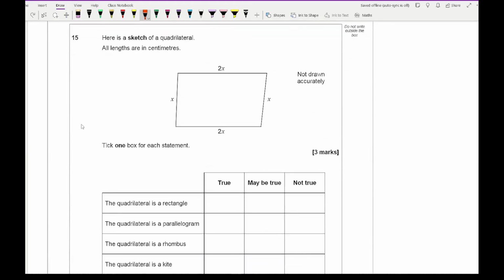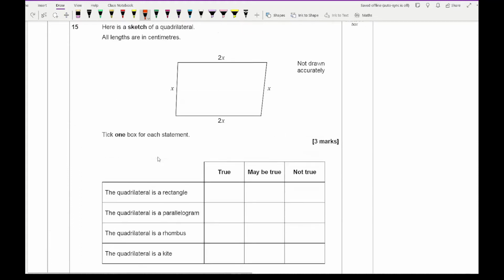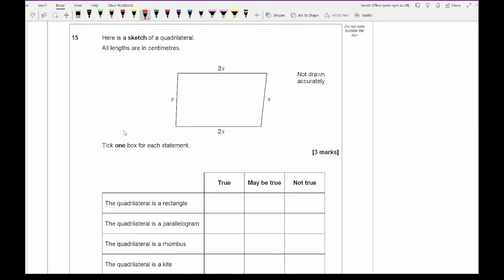For question 15, it says, here is a sketch of a quadrilateral. All lengths are in centimeters. Tick one box for each statement. So here, the quadrilateral is a rectangle. It may be true because it all depends. Looking at this, we've got the opposite sides are equal. We're not too sure about the interior angles, so it may be true. Or is the quadrilateral a parallelogram? Well, yeah, that's going to be true because we've got equal sides, and regardless of what the interior angles are going to be,